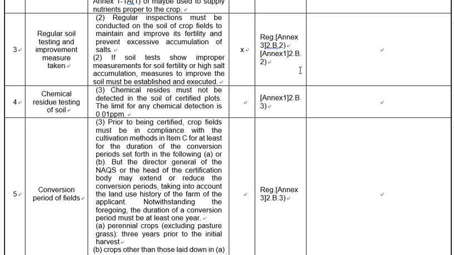Okay, go to the next one. Chemical residue testing of soil. Number 4. Chemical residue must not be detected in the soil of the crop plots. The limit for any chemical detection is 0.01 ppm. Also, the chemical residues should not be detected from the soil. In order to verify whether it's compliant to the standard or not, we have to check the